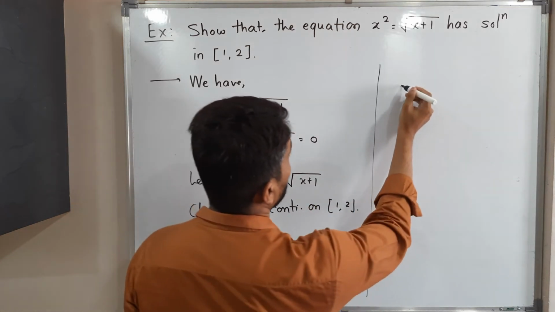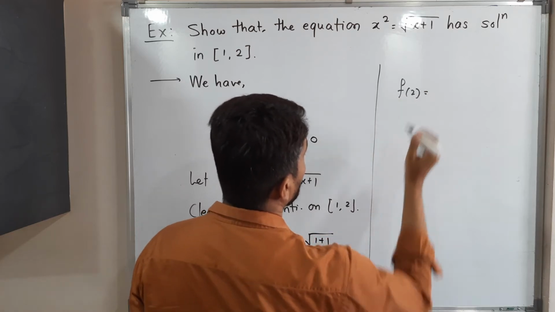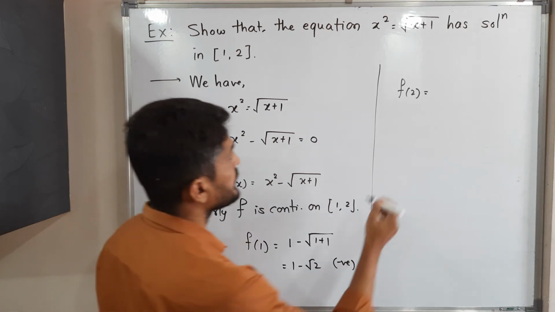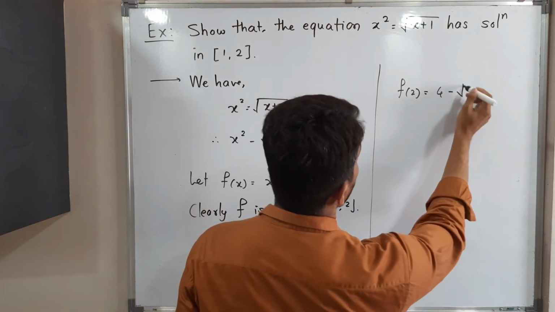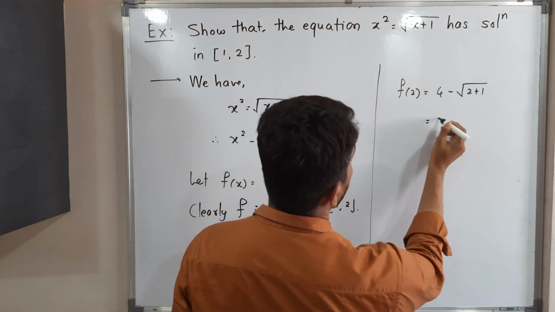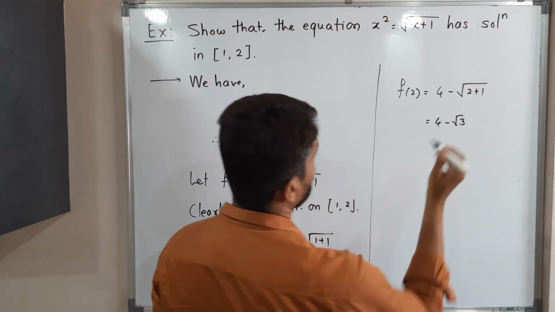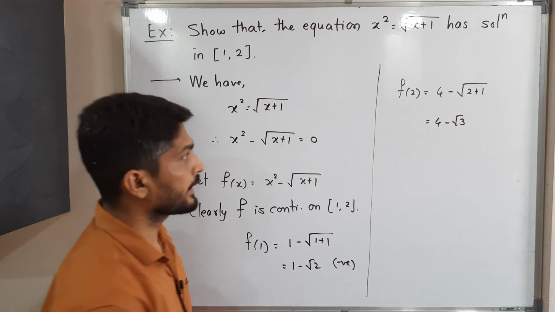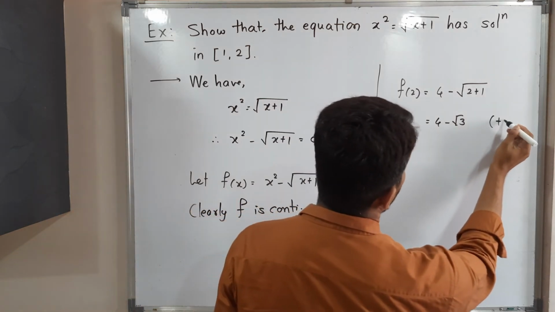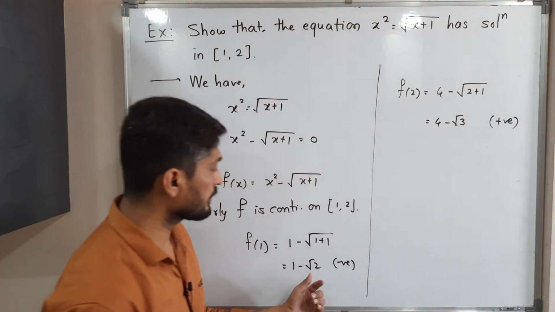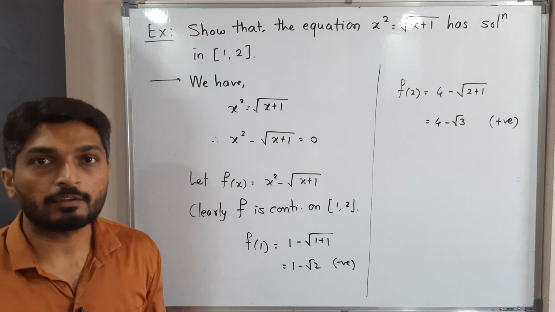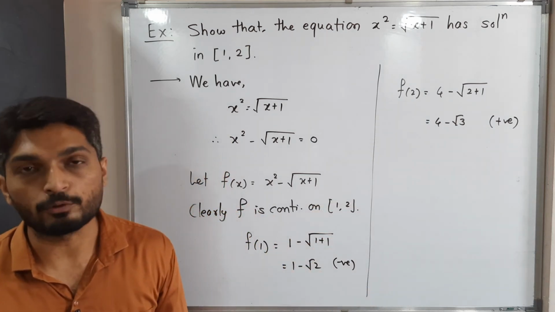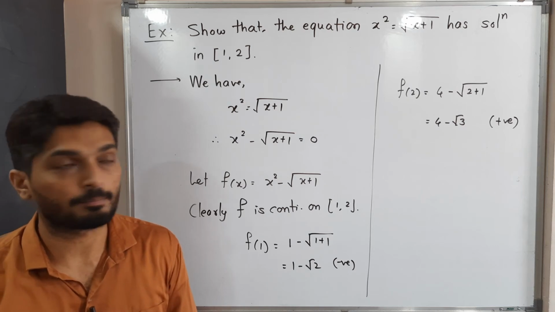Let us find the value of f at 2. Let us see what will happen if I put x is equal to 2 here. 2 square is 4 minus root 2 plus 1, that means 4 minus root 3. Obviously 4 is greater than root 3, so that's why it's a positive number. So at 1 we have a negative value, and at 2 the function has a positive value. So therefore by Bolzano's theorem,